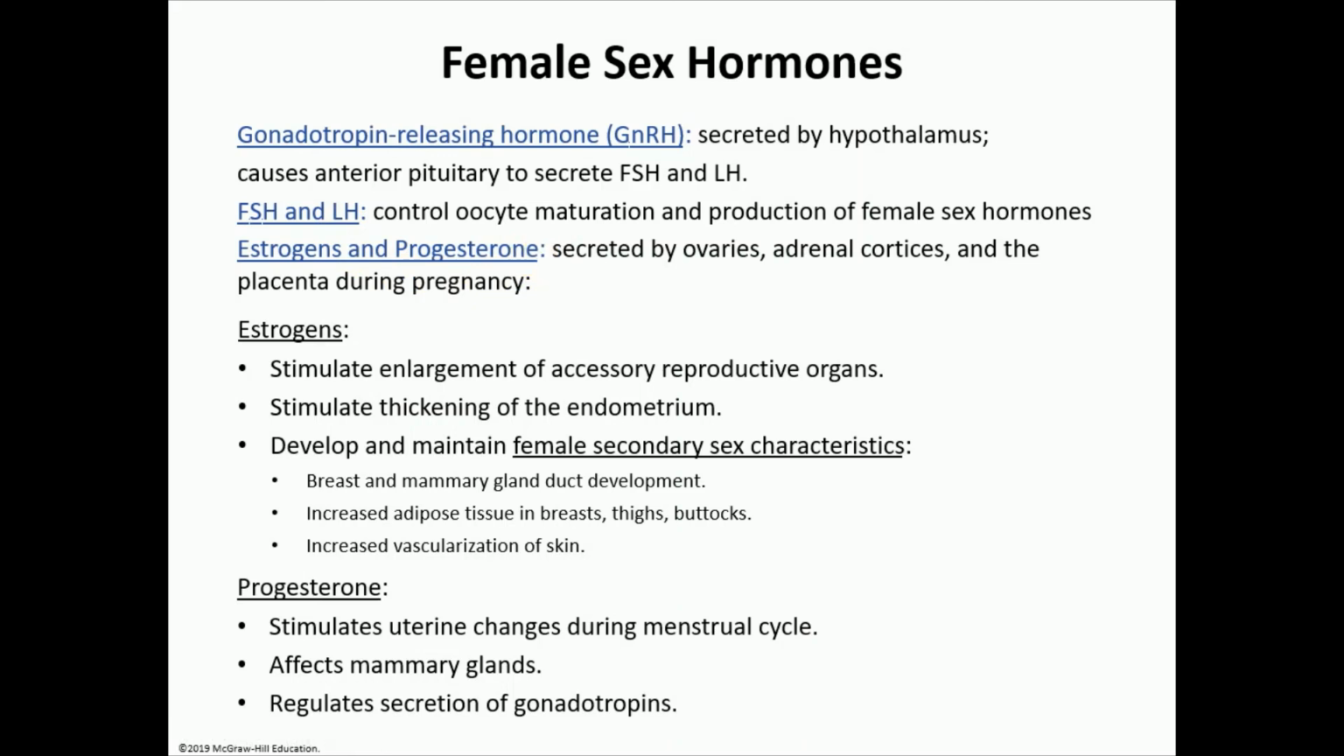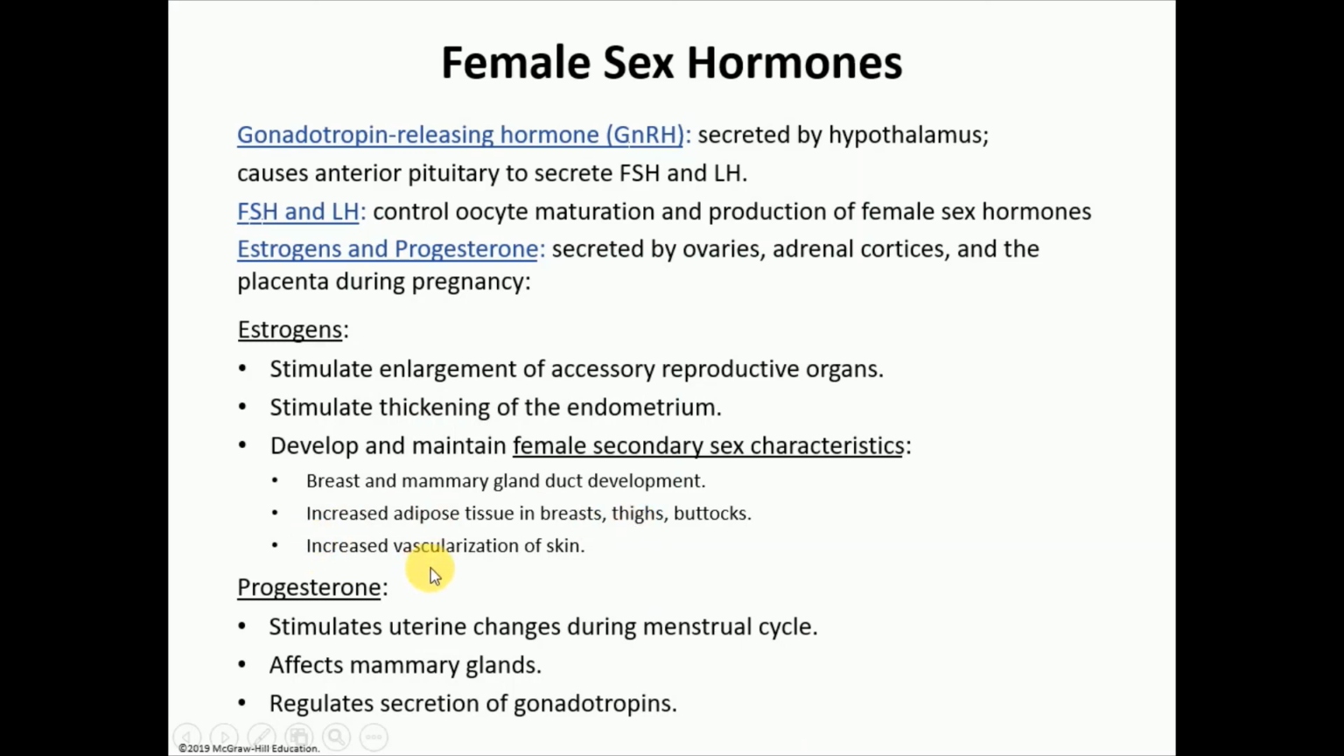Now, estrogen and progesterone both are made by cells of the ovaries. They are also made to some extent by the adrenal cortex, and they're made by the placenta during pregnancy. Okay. The function of estrogen is that it stimulates the enlargement of the accessory organs. It stimulates the thickening of the endometrium, and it helps in the development of the female sexual characteristics, namely the breast and mammary gland duct development, the increase of fat tissue in the breast, thighs, and the buttocks area, and